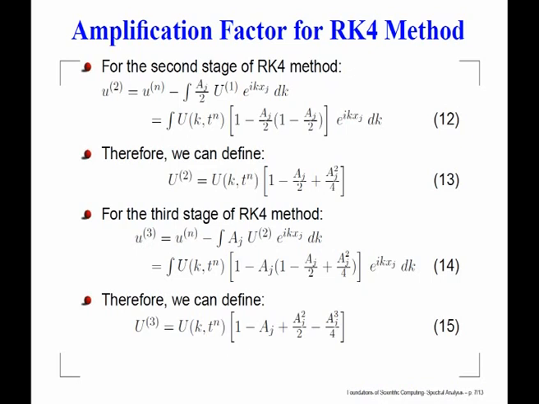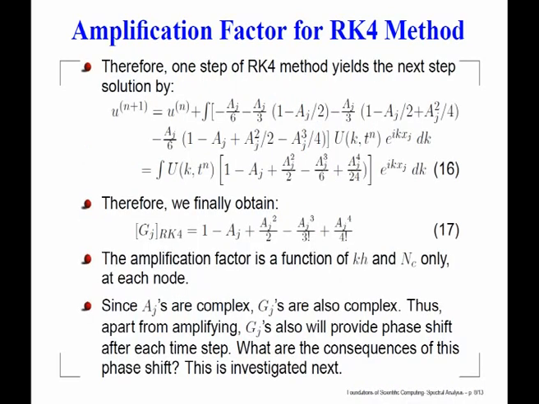So, this is an expression that helps you explain everything in the k plane. Now, having obtained all these quantities u 1, u 2, u 3 etcetera, you put it in the final corrective stage where you get the solution at the new level in terms of the older value, and this is what you get. Do a little bit of algebra and you get this. So, we get 1 minus A j plus A j square by 2 and so on. So, what we get here for this RK4 method is this,